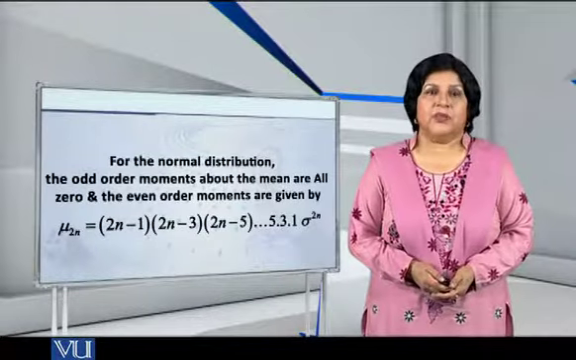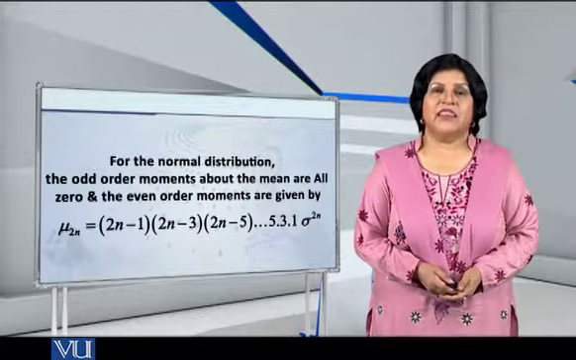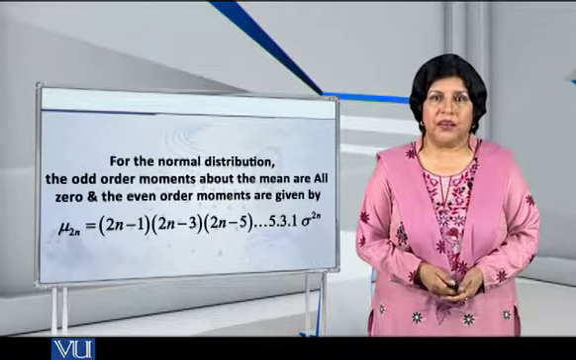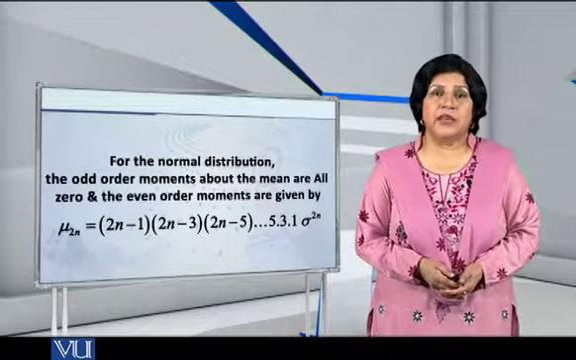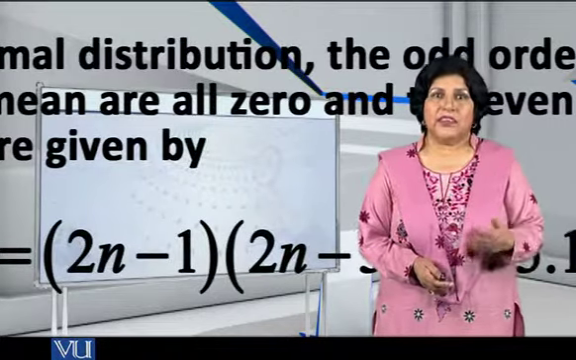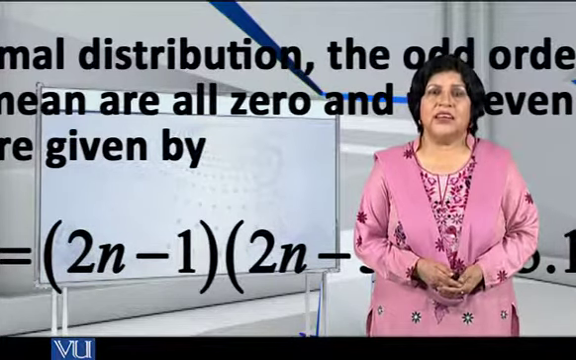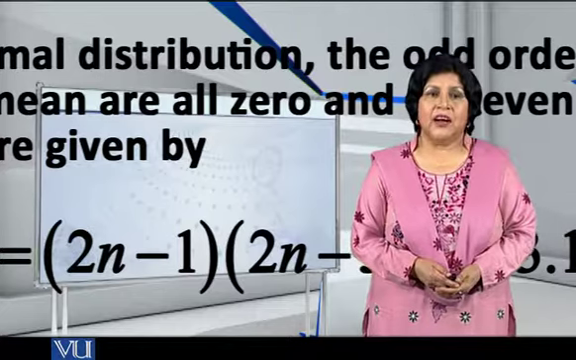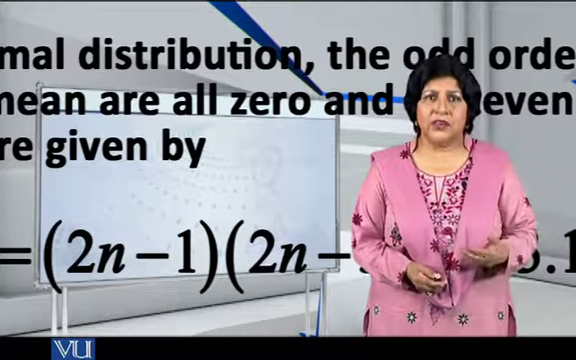Dear students, I would like to present to you an important theorem regarding the central moments of the normal distribution. As you know, when I say central moments, it means the moments about the mean. So the theorem is as follows. For the normal distribution, the odd order moments about the mean are all equal to 0, and the even order